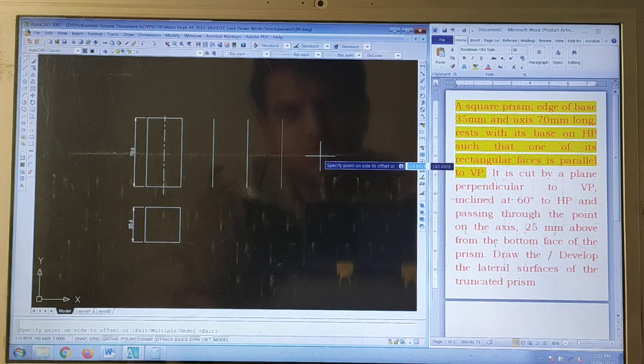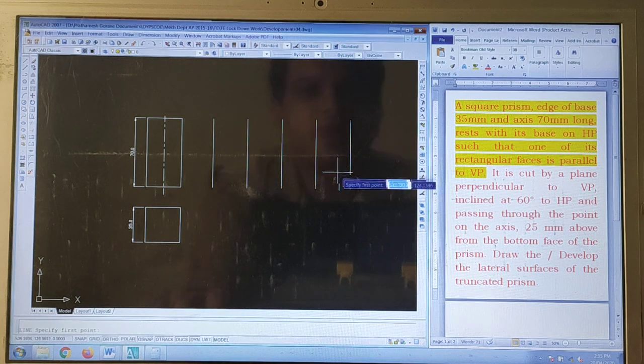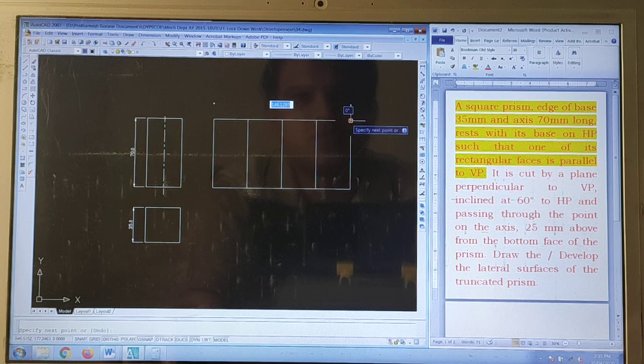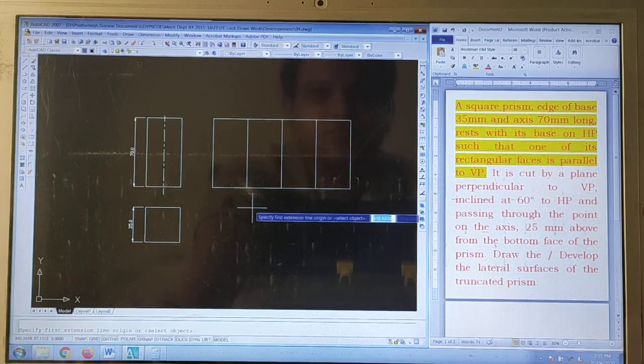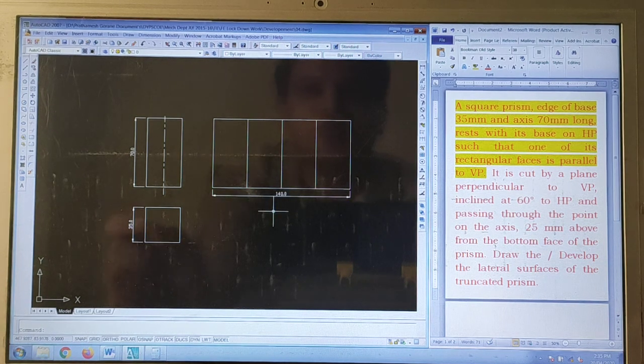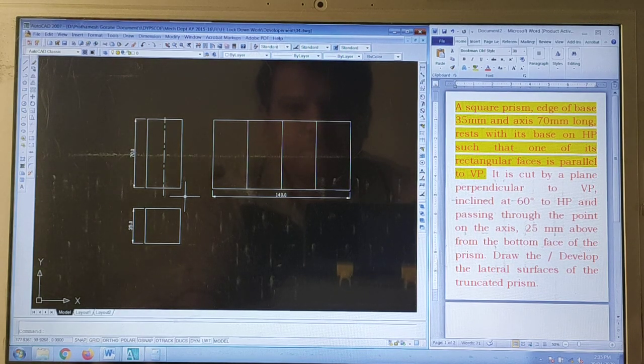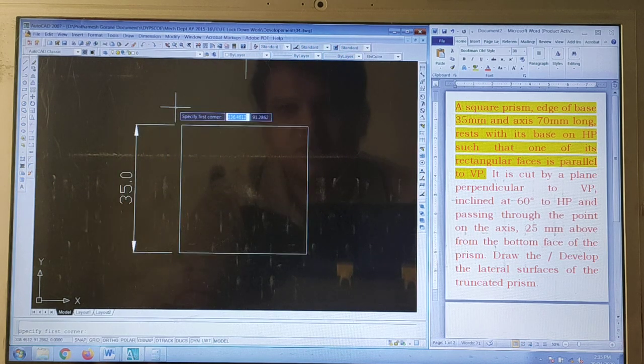Four times. And then if we draw these lines, this is nothing but the development. This is the perimeter of a square. This will be the development basically. Now let us give the naming part over here.